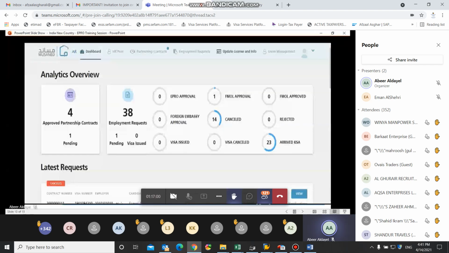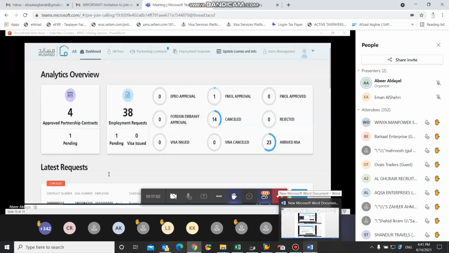The first page that would be displayed to me as an APRO user is the dashboard page, where the user can have a comprehensive overview of the latest updates of the requests. As we see in the first section of the page, we have the analytics overview representing data visualizations that indicate the number of partnership contracts, as we see in the visual on the left-hand side. This visual actually represents the number of approved partnership contracts. As we see in this example, we have 4 approved partnership contracts and 1 pending partnership contract,